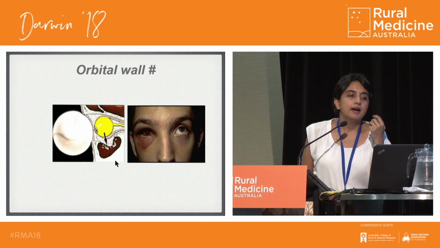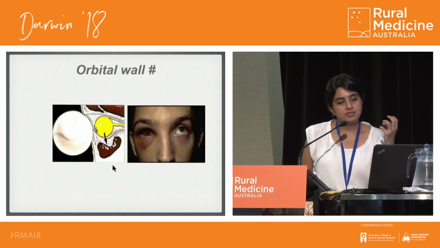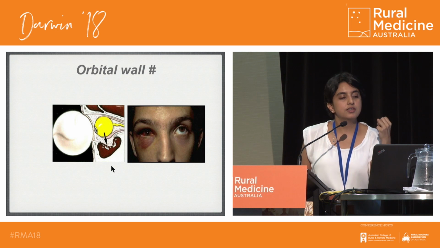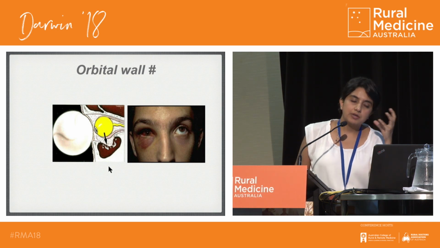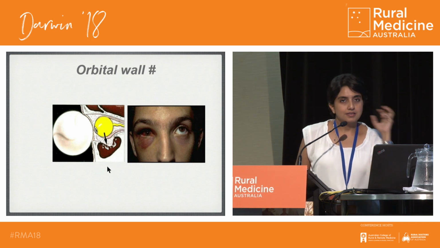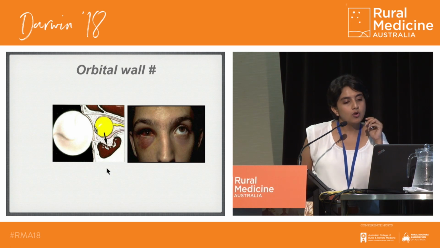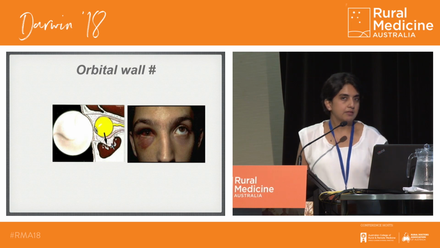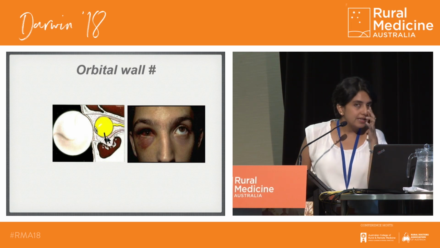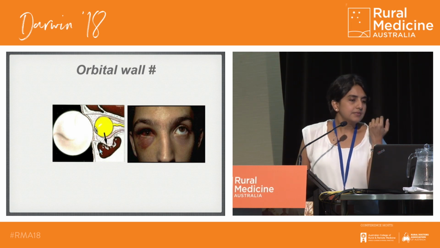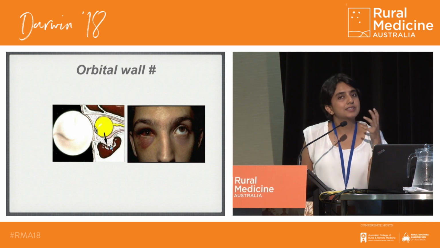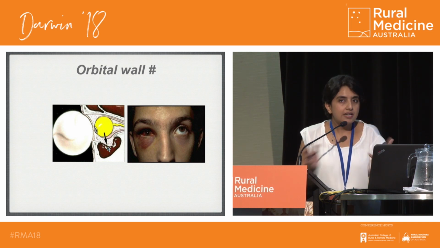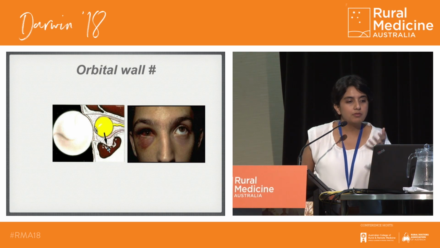It's a proven thing. So orbital wall fracture happens when the size of the object that causes the injury is larger than the diameter of the anterior part of the orbit, and it's a force that is transmitted across the orbital wall. The most common wall to give way is the inferior orbit, so it decompresses into the maxillary sinus, or the medial orbit because the wall is quite thin. Now, the fracture by itself is actually nature's way of decompressing the orbit to protect the eyeball, because